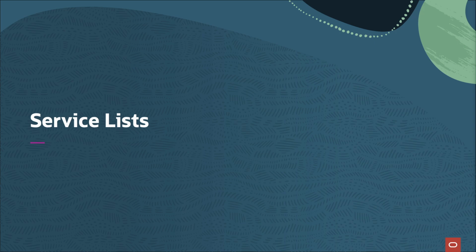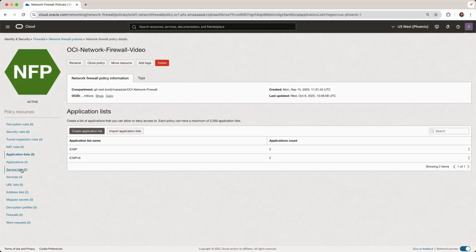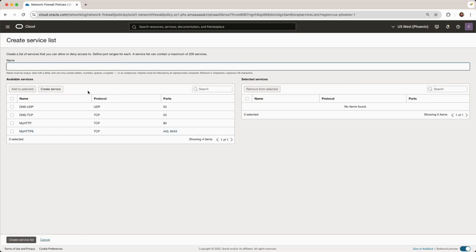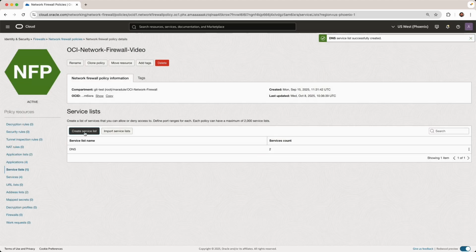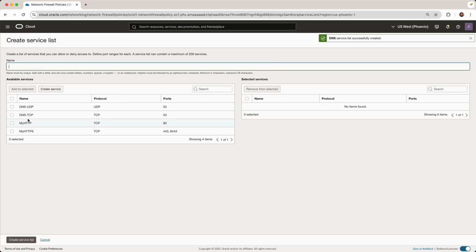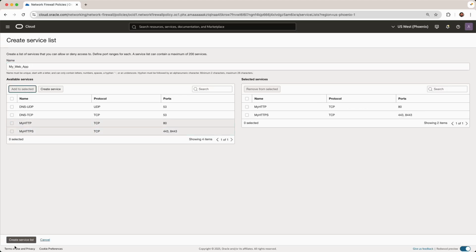Service list. This list enables you to group services for allowing or blocking traffic. You can select from predefined services to include in the list. A single firewall policy can support up to 2,000 service lists, and each service list can contain up to 200